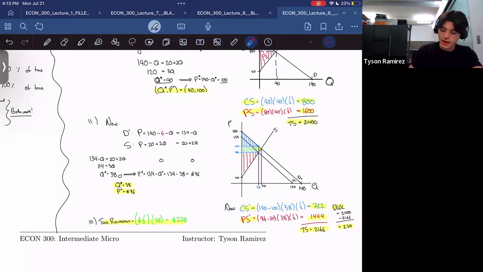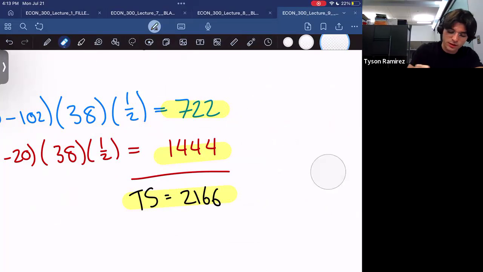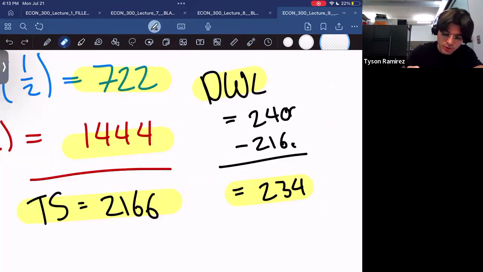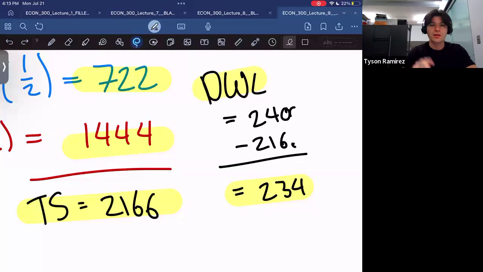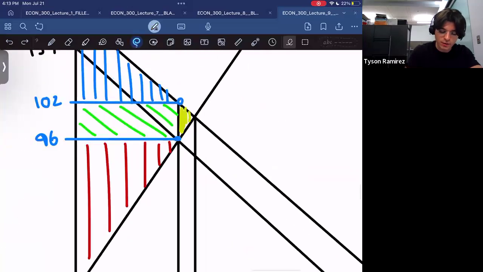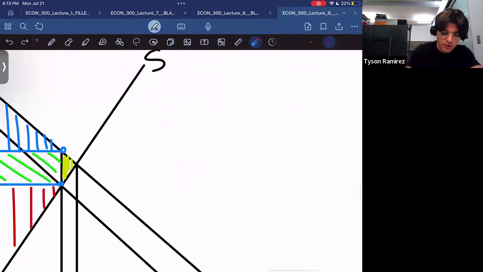All right. Actually, let me correct myself. This is not actually the deadweight loss because I forgot to... Let me move this. I should have done this graphically. Because what I calculated, the deadweight loss, how I gave it to you guys, it should be the area of this triangle. So alternatively, what I could have done,